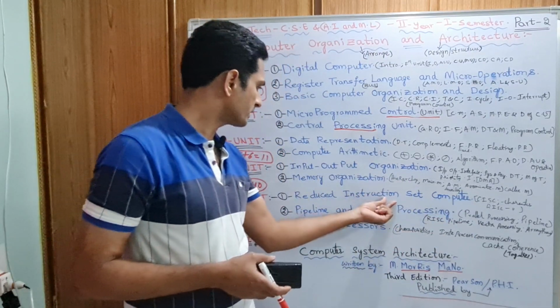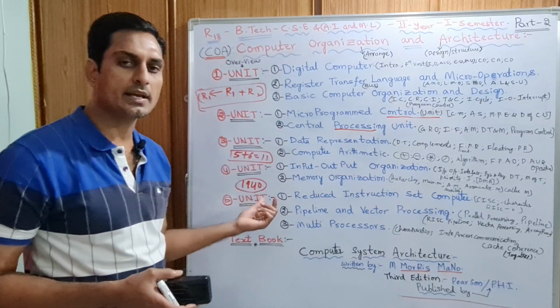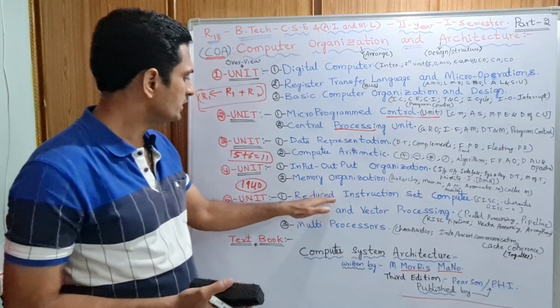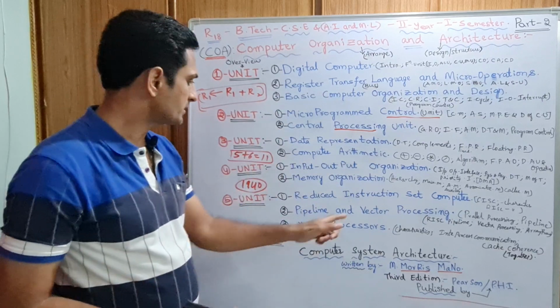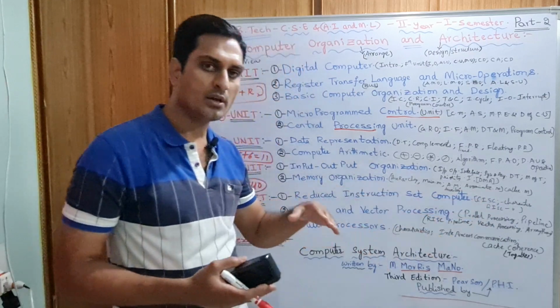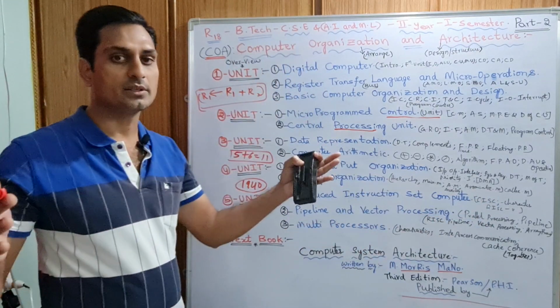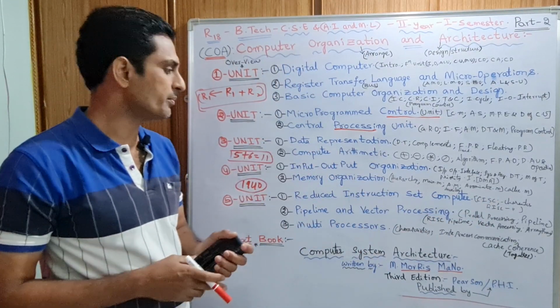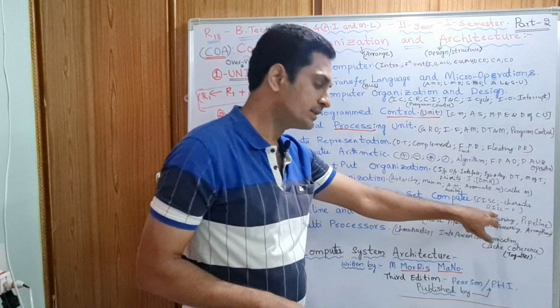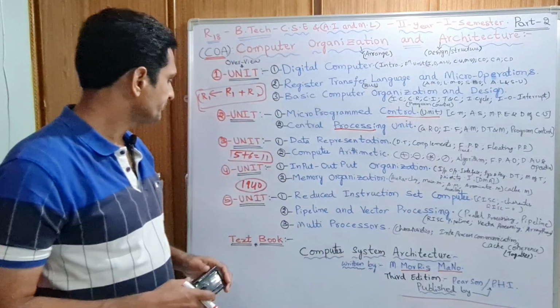This is reduced instruction. In olden days, this was used just like a calculator. Reduced, compressed, less instruction set computer. But nowadays CISC means the opposite of that. Complex, huge, large instruction set computer will be there. And the characteristics of RISC and CISC. This is an important question here.